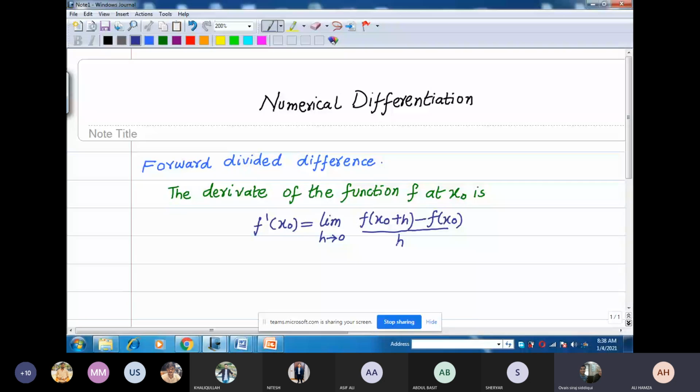This is the formula that gives the obvious way to generate an approximation to f slash of x naught. Simply compute